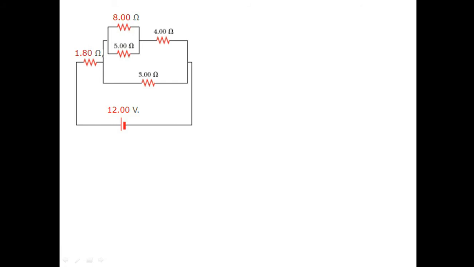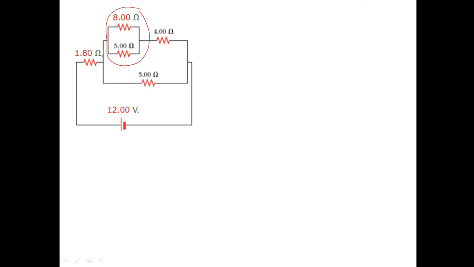Today we are going to learn how to solve series and parallel combinations of resistors. I have taken an example circuit which contains both parallel and series combinations, so you get a better idea of it. In this circuit we see that the 8 ohm resistor and the 5 ohm resistor